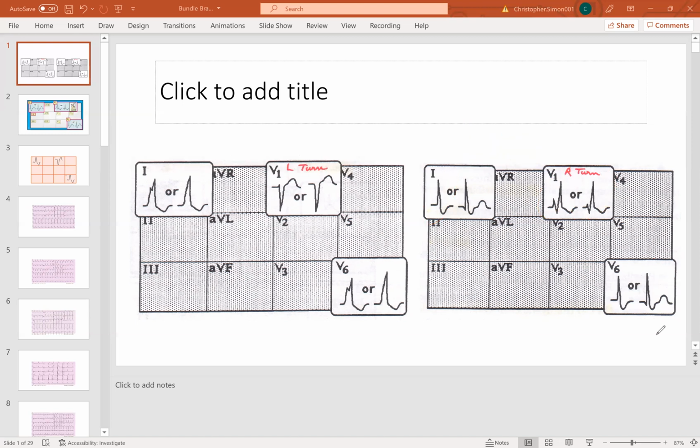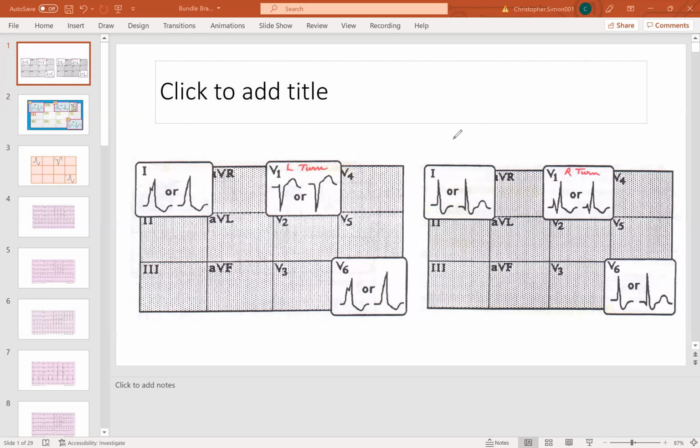Now, here's the thing, guys. Remember, your QRS should be greater than 0.12 seconds to be considered wide in these particular instances. Let's say, for the sake of argument, this is something that I don't think is in the PowerPoint, but I just want to throw it out there. So if you hear it, you'll know you've heard of it before, right? Let's say you have a